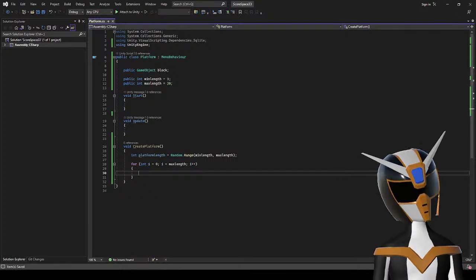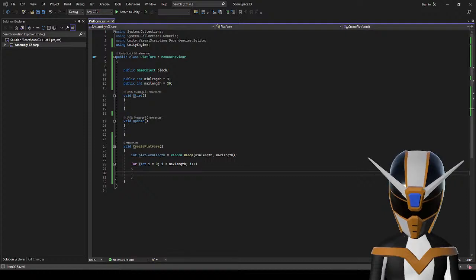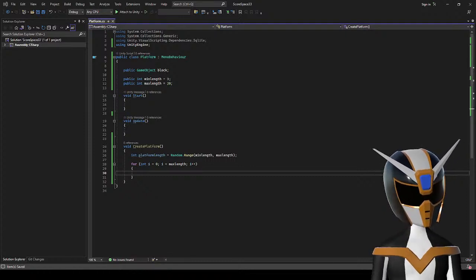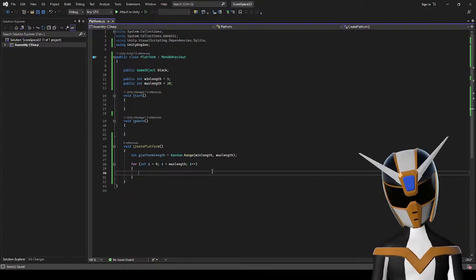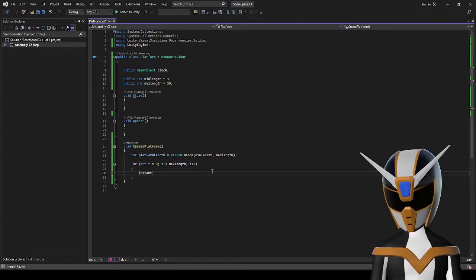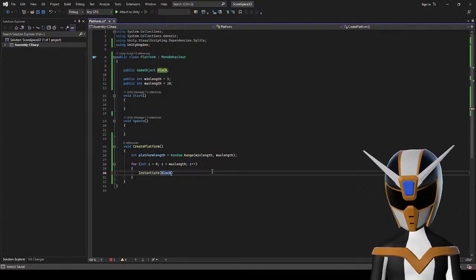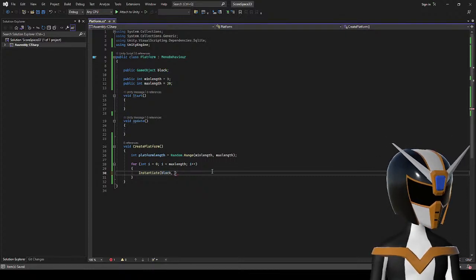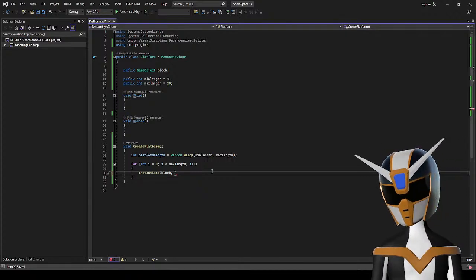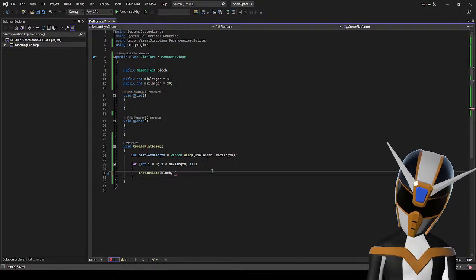So now, it needs to instantiate. It's another thing I kind of forget how to do. Okay, just instantiate block at... I think I need to... hold on.